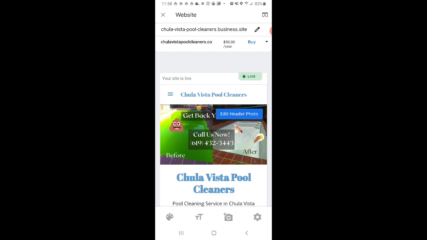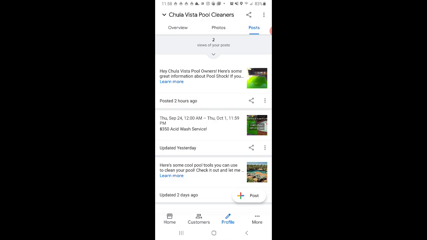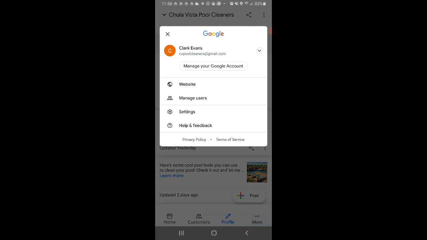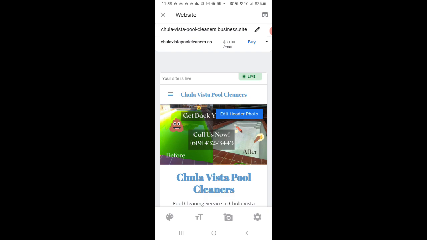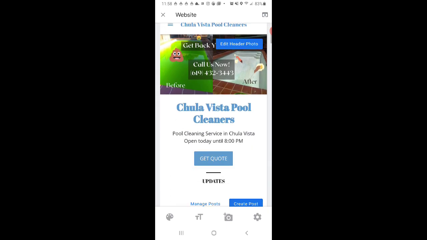let's go into the next section, which is the website, how I access that. Just go back to the bottom. So you see next to profile, you hit more and you'll see website. So when you click website, this is going to take you to your website. This is where you can literally do all your editing to your website